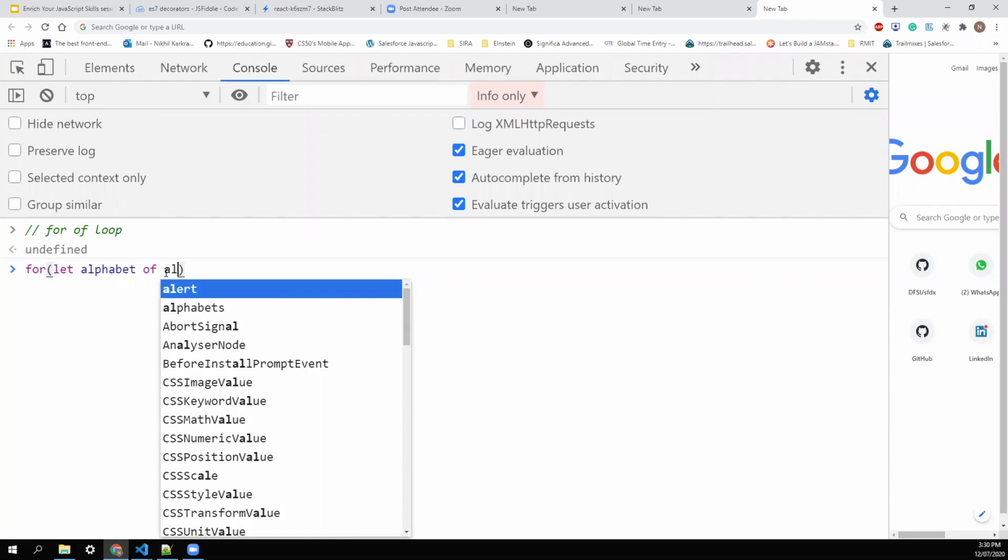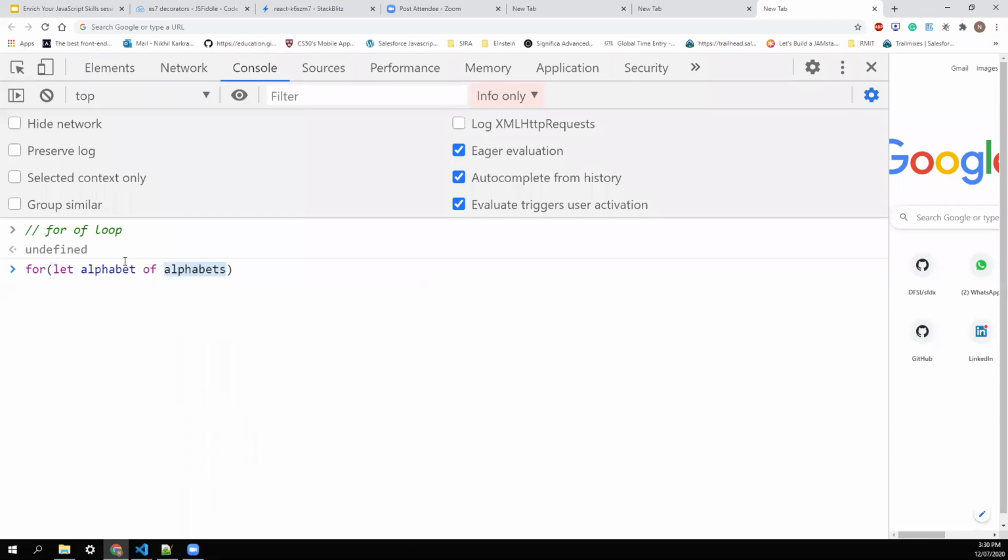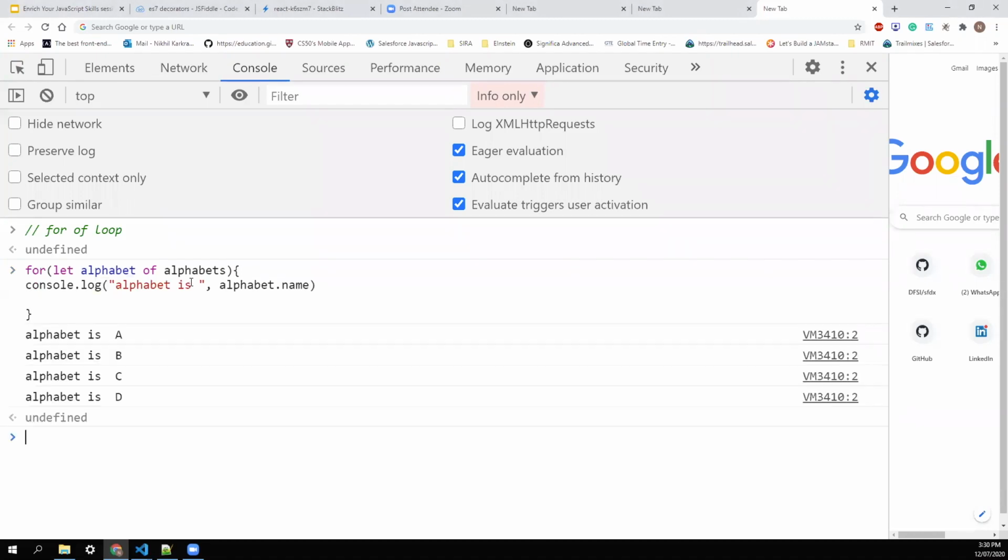So our array is alphabets. So from alphabets, I'll take the current item. You can name it current item as well, so anything is fine. And if we run the same operation, we'll print the alphabets inside the for of, and do the same thing.